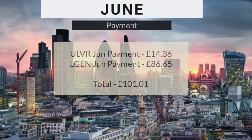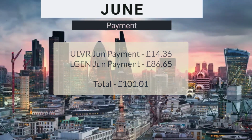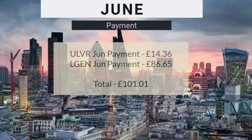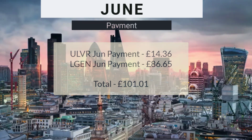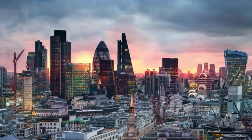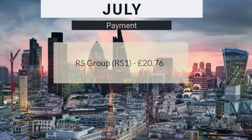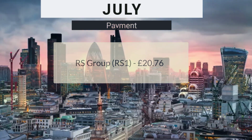How much would we have got for the 2 stocks in June? So we'd be looking at Unilever paying us £14.36, and then Legal & General coming in at £86.65. We can now do a bit of a whistle stop through the rest of the year, because we've already seen everybody. So in July, we have RS Group coming in to make another payment, and that would be a payment of